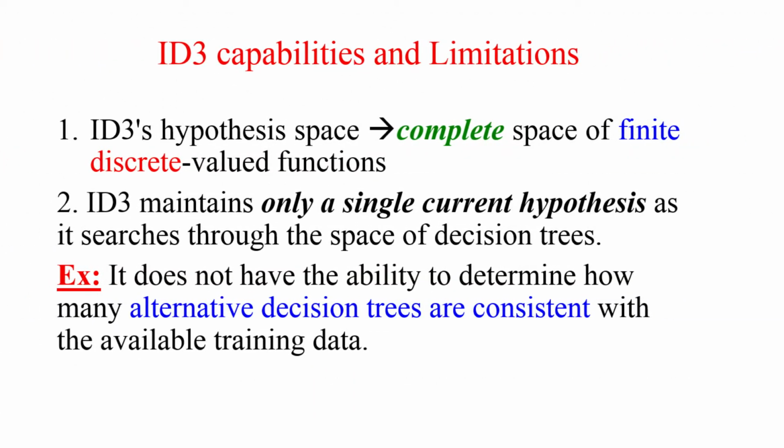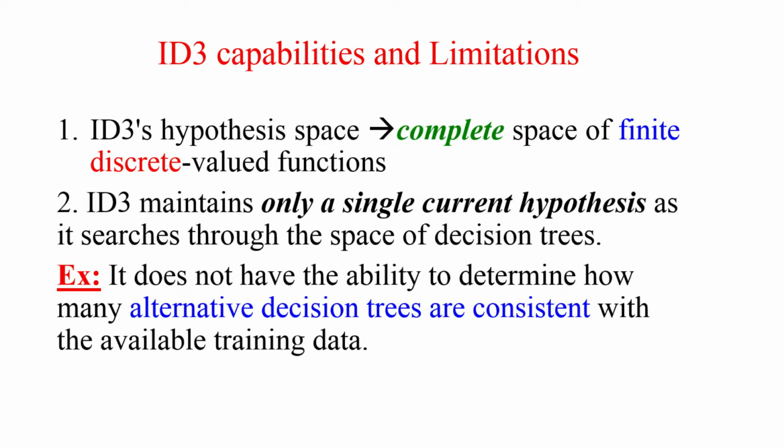ID3 capabilities and limitations. One of the capabilities of ID3 is that ID3's hypothesis space is a complete space of finite discrete valued functions, because every finite discrete valued function can be represented by some decision tree. ID3 avoids search of an incomplete hypothesis space. This indicates that ID3 has a hypothesis space. In that hypothesis space, we have hypotheses. Among them, every hypothesis will give you some decision tree. Out of them, one decision tree will be selected as the final target decision tree, which will satisfy all the